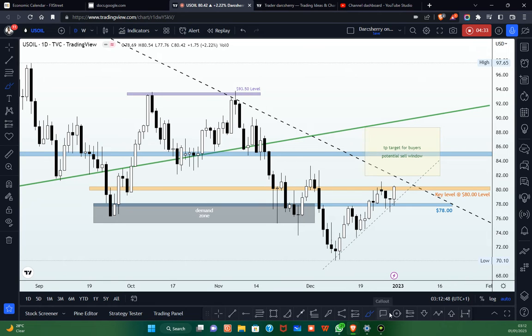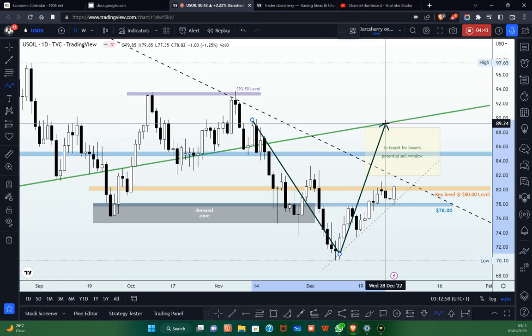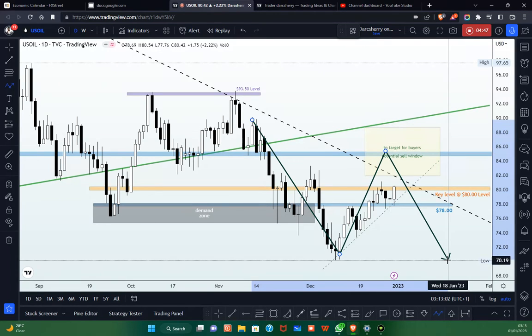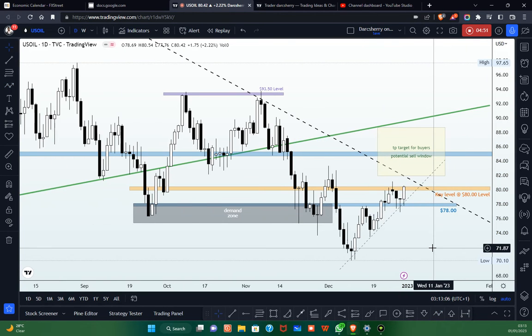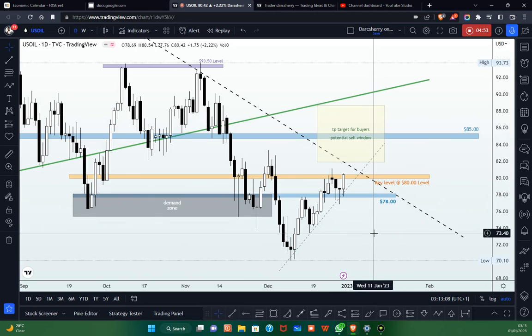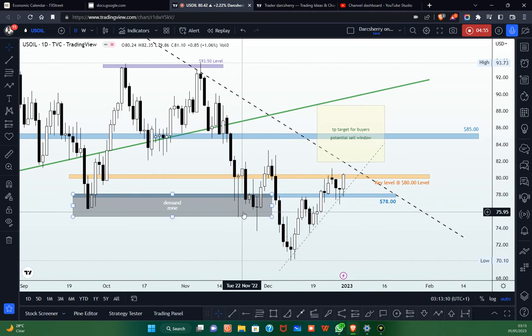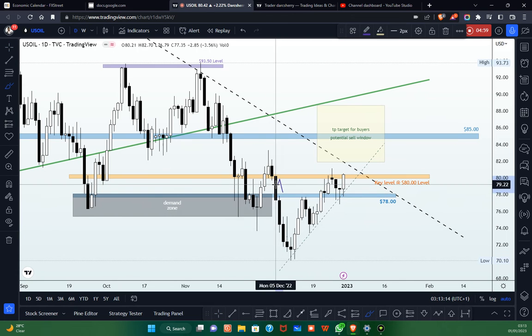But one thing about this kind of technical structure is that whenever we have a breakdown of a structure, there is a tendency that price might likely come back to do a retest of that structure, which is the bullish trend line or probably the $85 level to incite another bearish move to the downside, which I showed you on the daily time frame. But one thing about this current structure is the fact that despite the breakdown of the demand zone here,